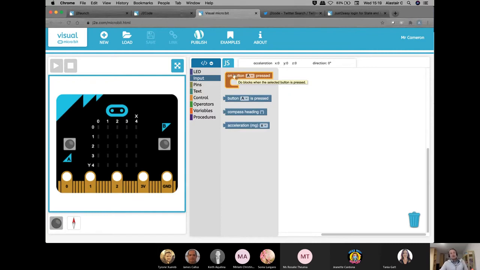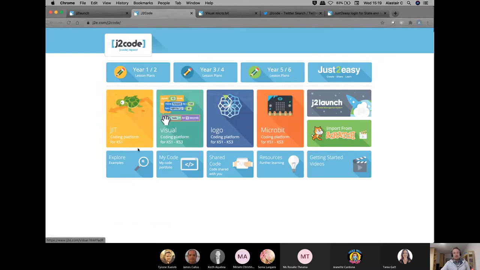So there you have quite a comprehensive range of different coding engines and coding types that may suit the various interests of your students. So those are the 4 engines there.